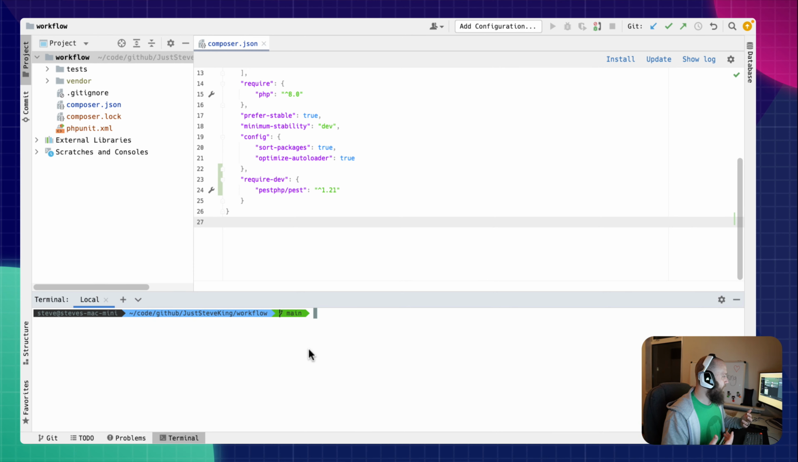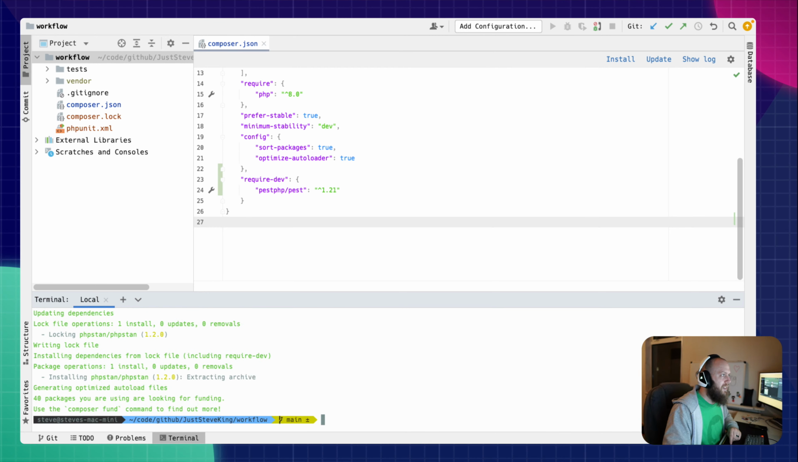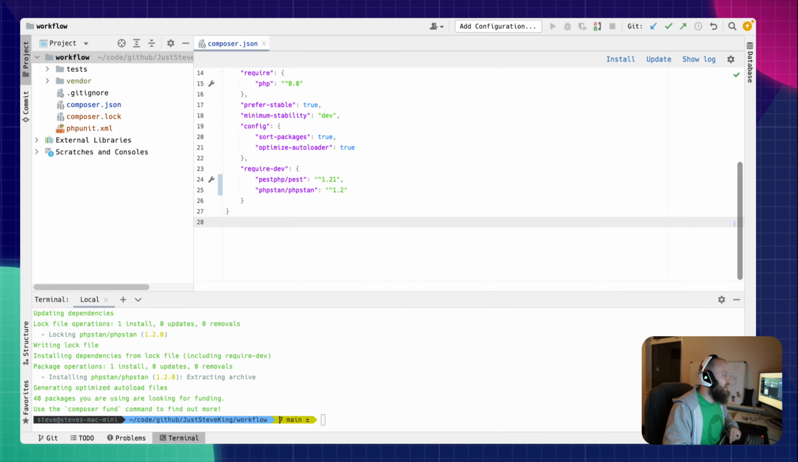So the next thing that we really want to look at is we want static analysis, right? So we want to say composer require phpstan/phpstan, and that is a dev dependency. So there we go. We've got PHPStan in there. So the only thing that we need to do is get a PHPStan